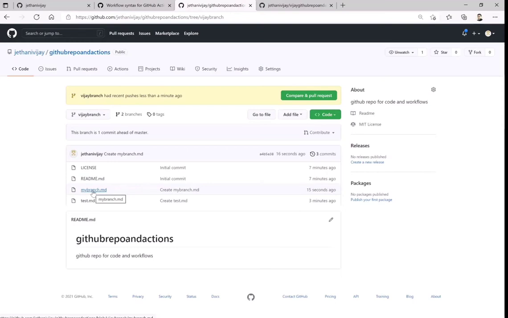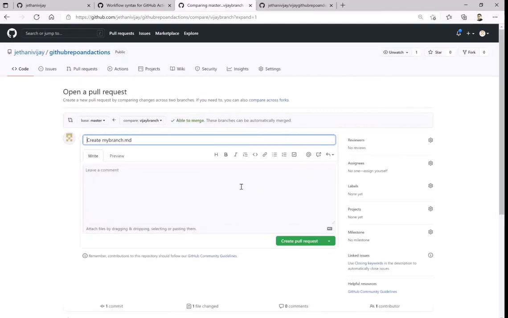So suppose I really want to do the commit towards master, what should I do? In that case, it's already giving you an option to compare and pull request. Now a pull request is a way for us to review this particular change, or one particular file being added, or any changes done on my branch, to promote that to production. In other words, it is now going through review. So I would say yes, review my file. Okay, and then I would say create pull request.